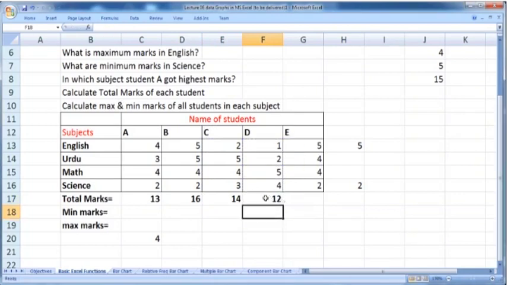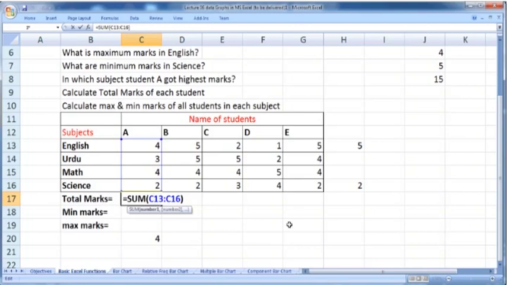So you can see that we can use the sum function to find the total marks in each subject. There is a short way to do the same thing. Instead of using the sum function again and again, we can find the sum for student A only, and then take your mouse cursor to the bottom right corner of this cell